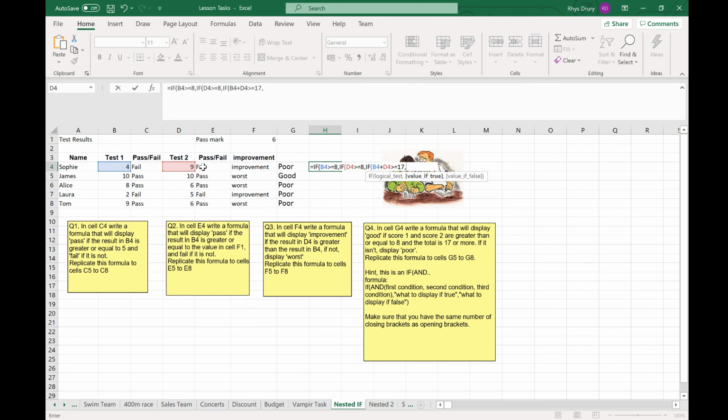Now if it's meeting all of these criteria, in here we can put good, then we need to put in the value if false. Okay, so we can put in poor. Now that if statement's finished, but now I still need to do the false value for the other ones. So again, I can just do poor, close that if statement, comma again,